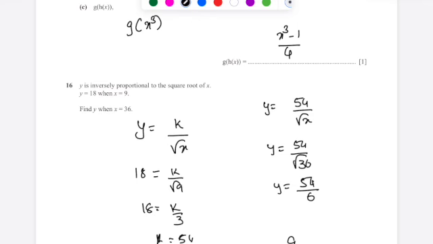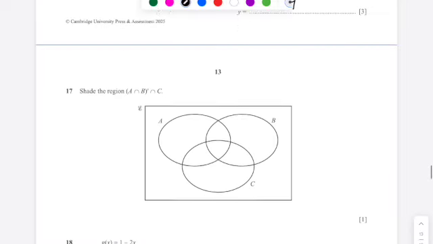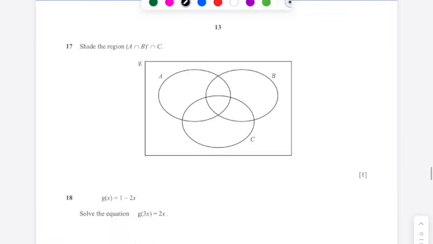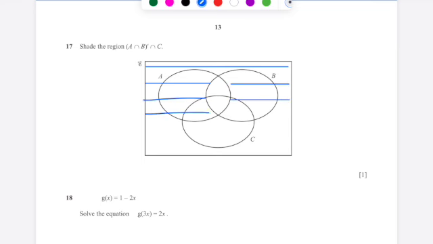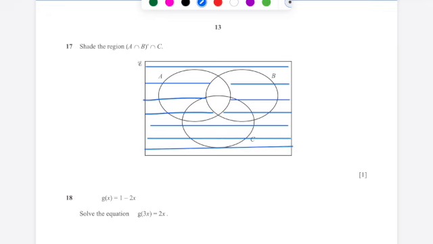Next, question number 17. Shade A intersection B whole complement. A intersection B whole complement means except A intersection B. Except A intersection B, I am shading out everything. This is going to be the shading of A intersection B whole complement. So A intersection B whole complement equals